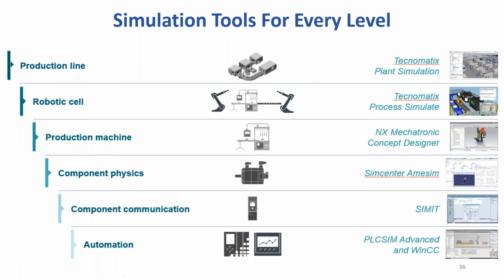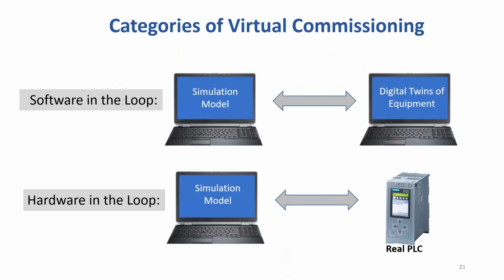And with automation, we have PLCSIM Advanced, which is the digital twin of a S7 controller. That's an extremely powerful tool that handles the software in a loop. There are two major types of virtual commissioning. For software in the loop, a simulation model interacts with a digital twin of hardware like a PLC. This lets the simulation model interact with the exact same programming and behaviors in the real world before equipment is